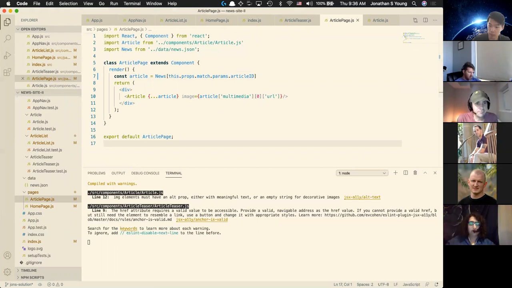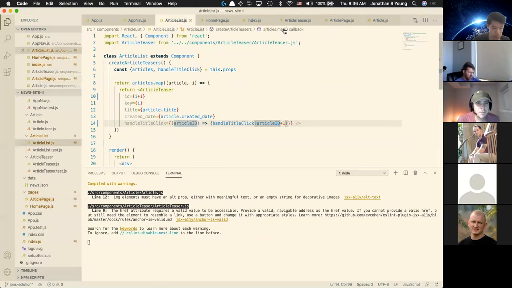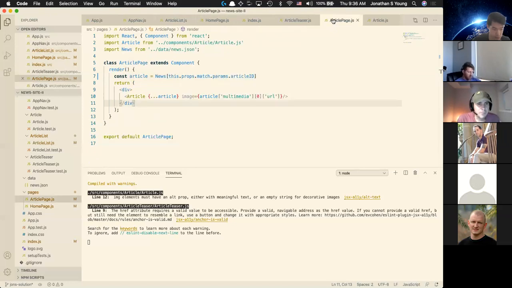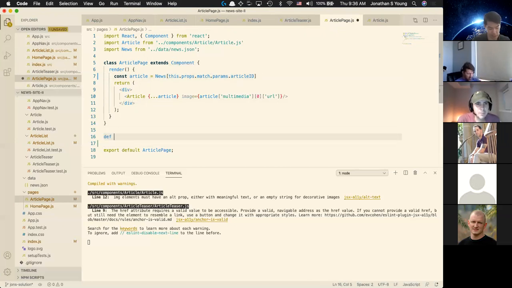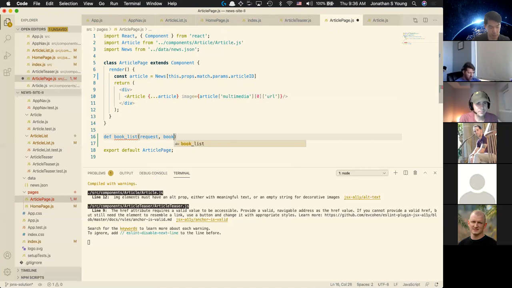Any other last? I didn't really follow how match is being used on line 7. Match.params. How is that finding the article? Sure, that's a good question. Number 7. Okay. So what's happening here is, do you remember when we were doing stuff inside of Django and we had like def book list, and it takes in a request and then like a book ID or something, and then inside of urls.py,